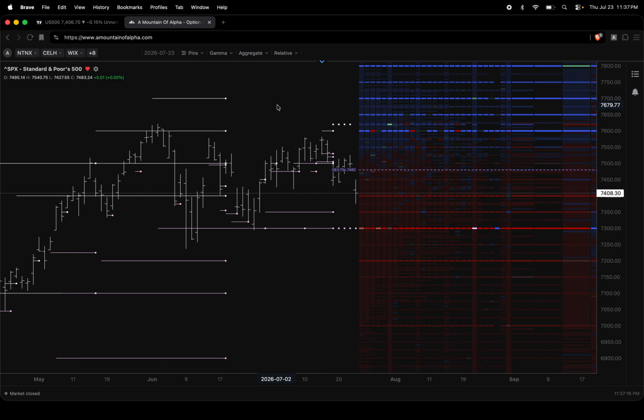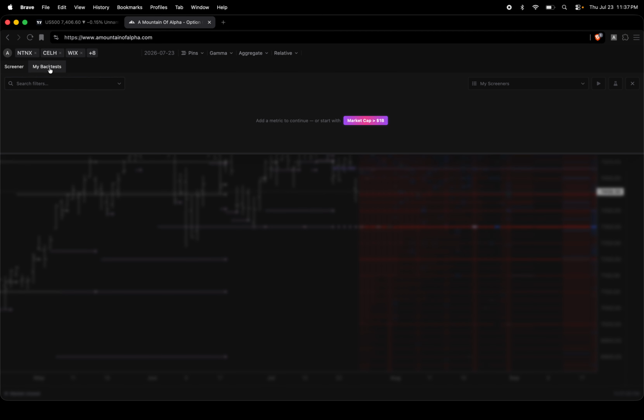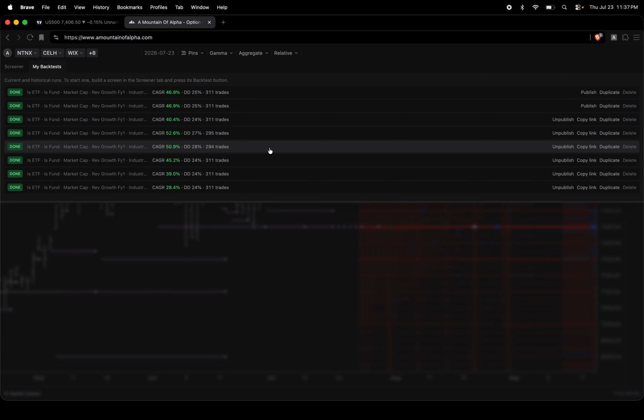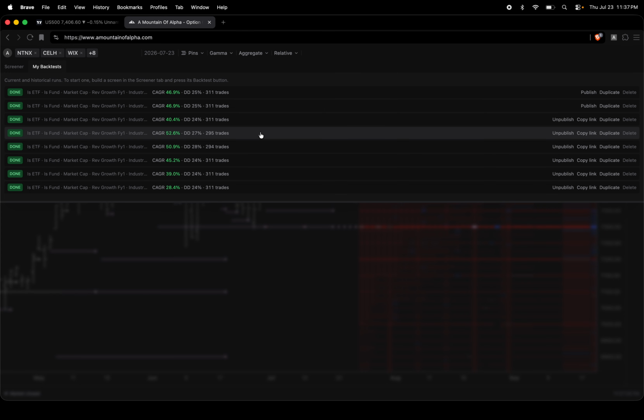Hey everyone, it's me again, and I wanted to talk more about tails because why? They're just so cool. So, a couple things on Amoa, on Mountain of Alpha, we got a few features